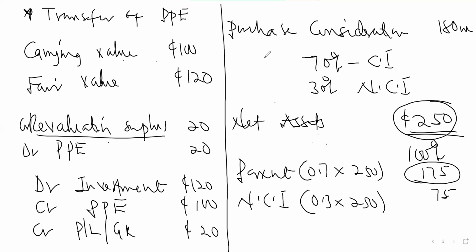So what is happening there? You are paying 5 in excess, so there is a goodwill of 5. That 5 is technically called goodwill. It might be for the employees, compensating them for the labor force that they have, or the customer base, or the location, and that is called the goodwill.